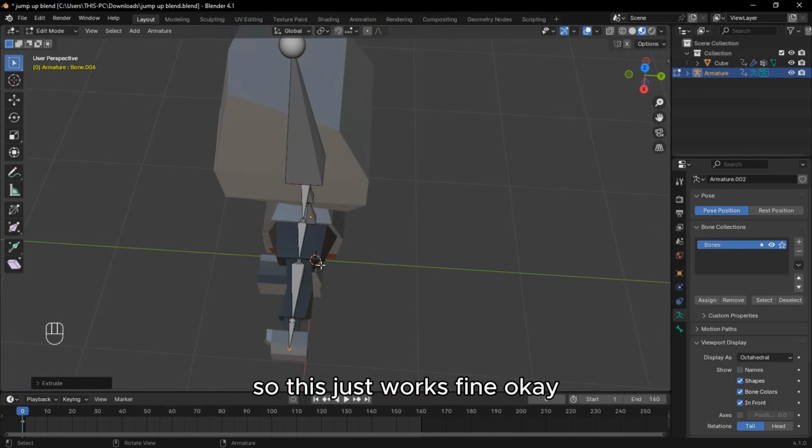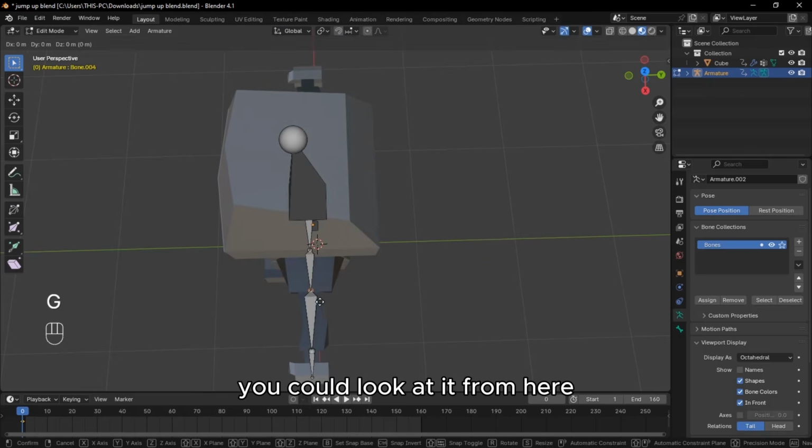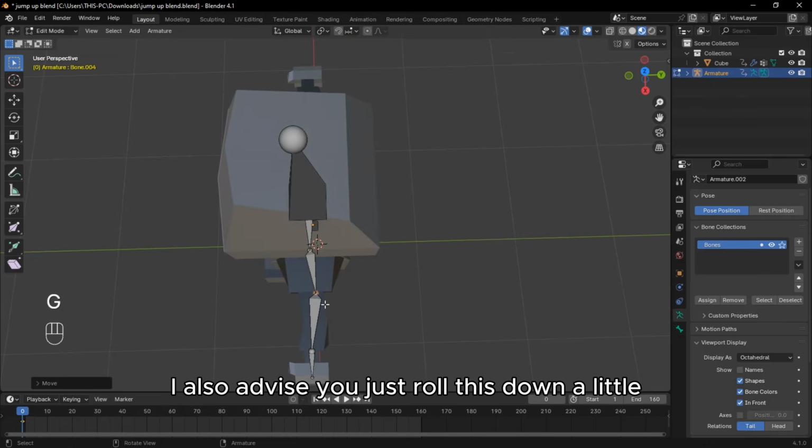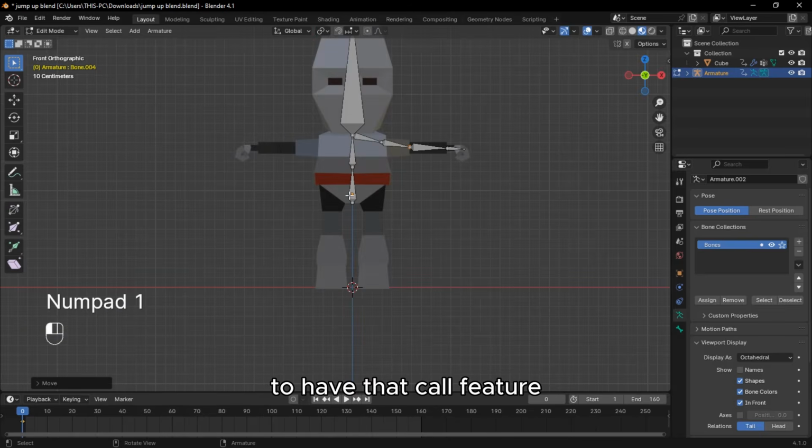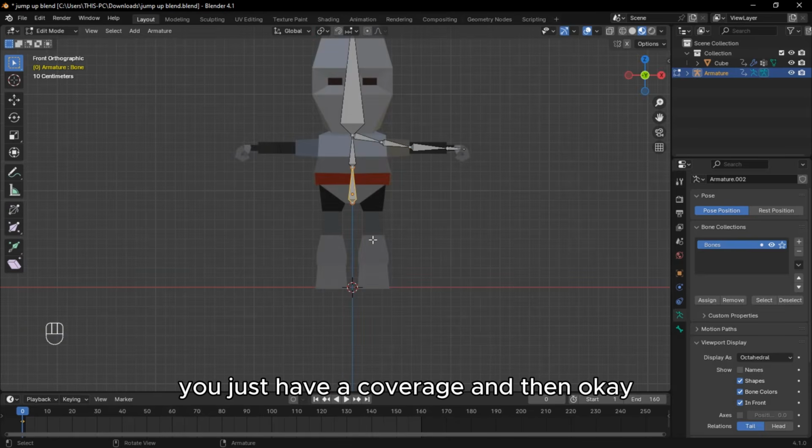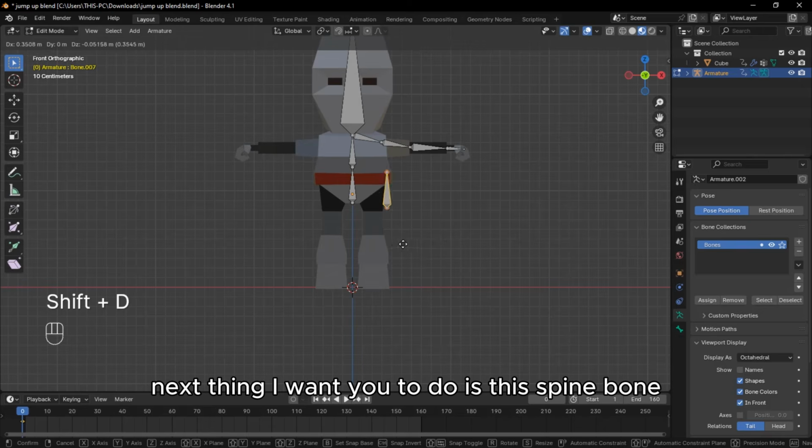So this just works fine. Okay, you could look at it from here. I also advise you just move this down a little to have that curve feature. You just have a curvature, and then okay, next thing I want you to do is this spine bone, just